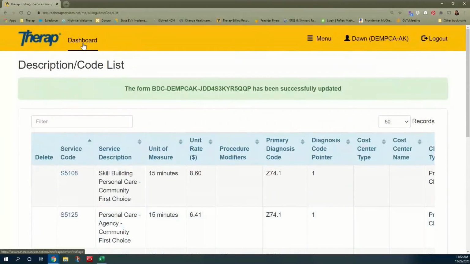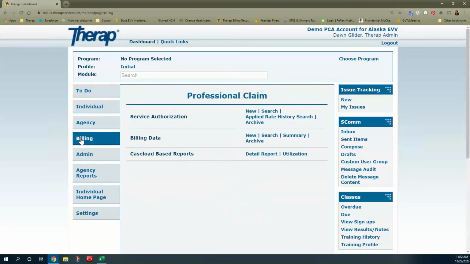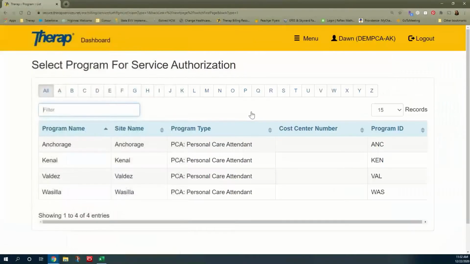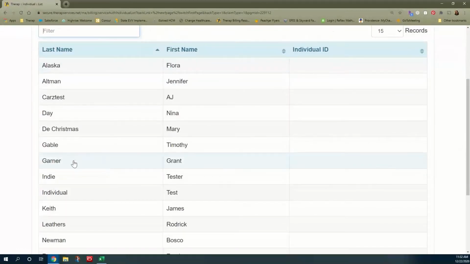All right, next we're going to head over to our dashboard and over to the billing tab. All right, first thing we're going to do is create a new service authorization. I'll click New under Service Authorization. If you have several program sites, the first thing you'll do is choose a program site. If you only have one program site, it'll go directly to this list of individuals. Okay, choose your first individual,